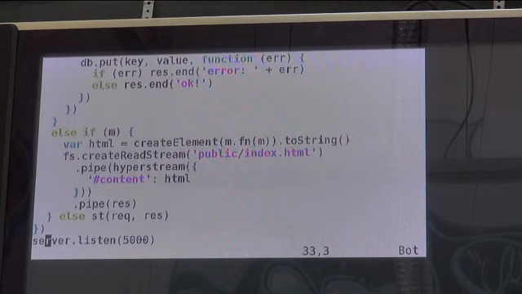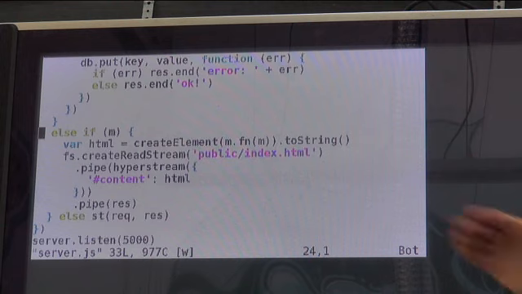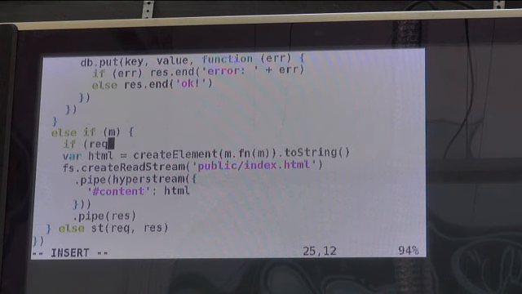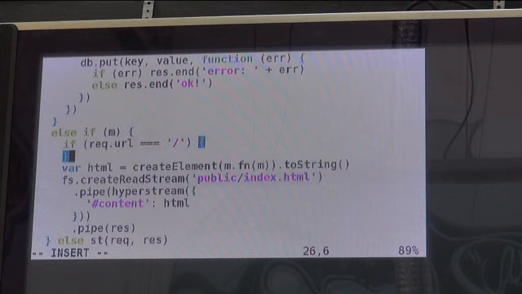So what if we have another route that has a student list? What we can do is maybe we want to keep the same rendering on our page. So inside of this else if block, we can pass in another parameter, m.fn, specifically for our student list. If this was a bigger app, I would probably just create two separate routers, but for the simple stuff, this is fine. So if the URL is students,